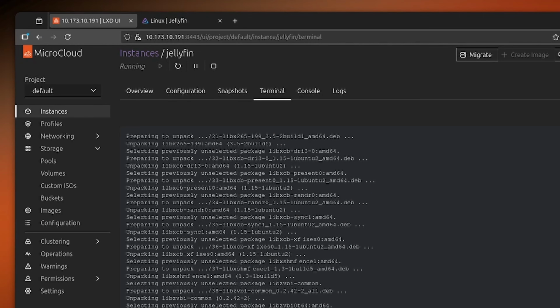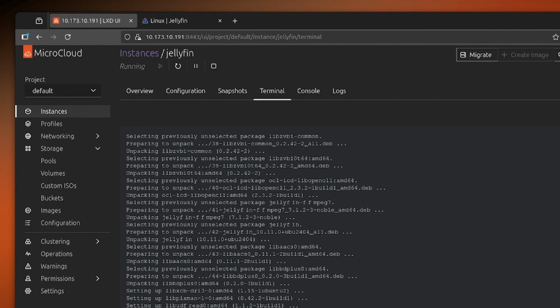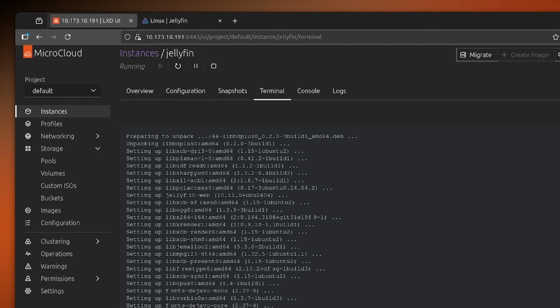Hello, everybody. In this one, we're going to be talking about something pretty cool, and that is Canonical's MicroCloud, a straightforward, lightweight, and featureful way to go ahead and manage your Linux containers, virtual machines, and build your very own